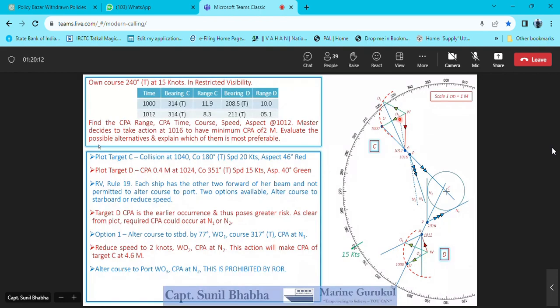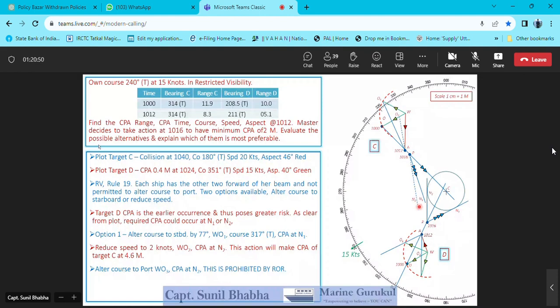Now from O2, I join a line with point alpha. You can see Oscar 2 to alpha dotted line coming up. This will be the new relative line of approach for target Charlie. This is effective at 1016 hours. So transferring this line O2 alpha at point P, which is the predicted position at 1016, we have our new line of approach. So you can see this dotted line from point Papa of target Charlie showing up on the